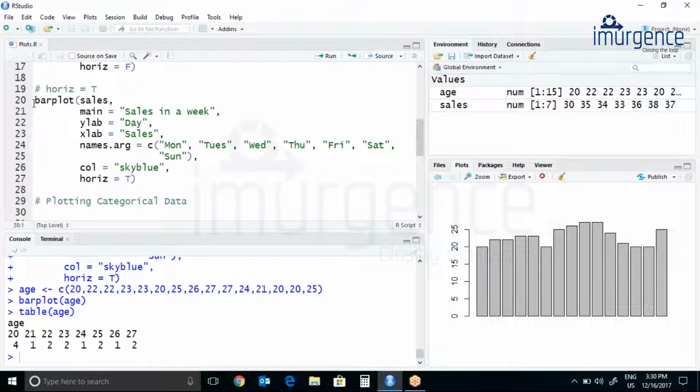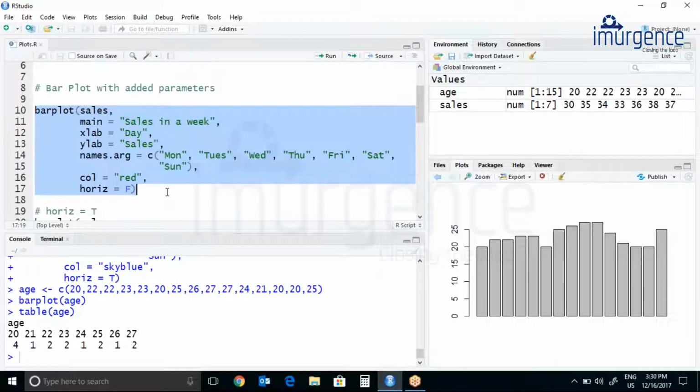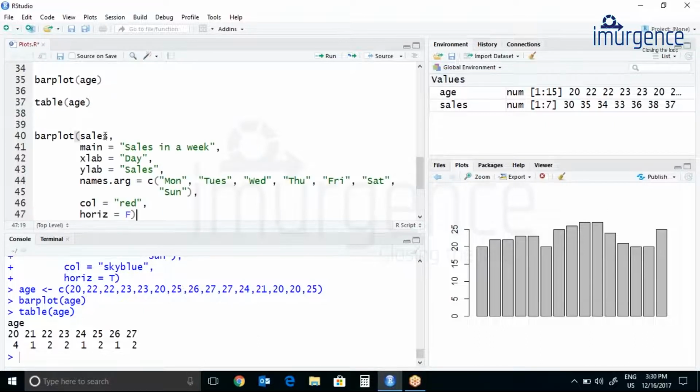So let's copy this. Let's copy this one. So here instead of this will be bar plot table age.